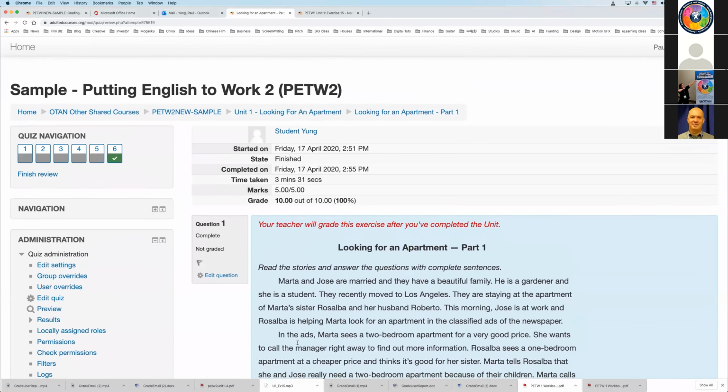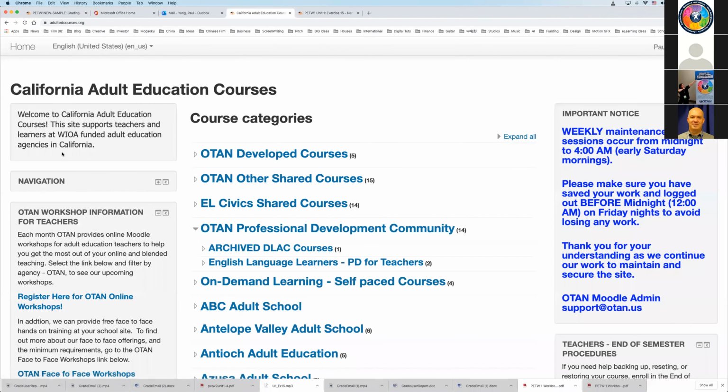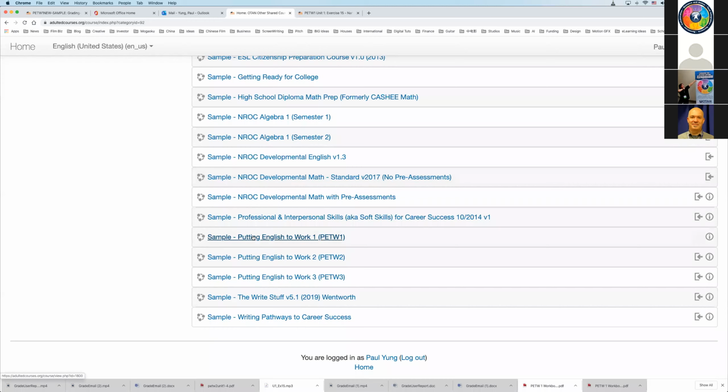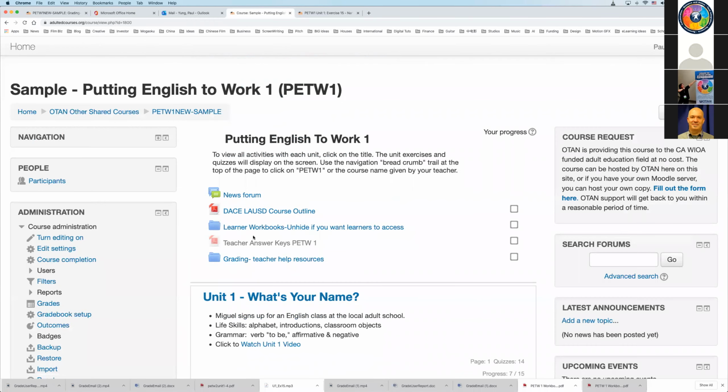Not create an email account, create an account to adulted.org with your email. And go into OTAN, other shared courses, and click on sample, Putting English to Work 1. And here on the upper right, you don't have to write any of this down. I have the steps on that document, okay?